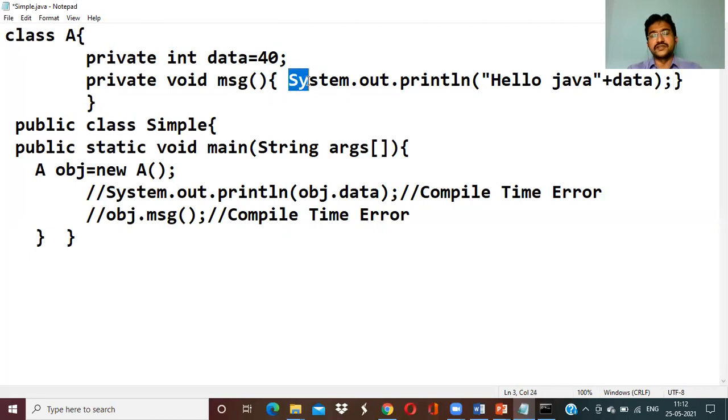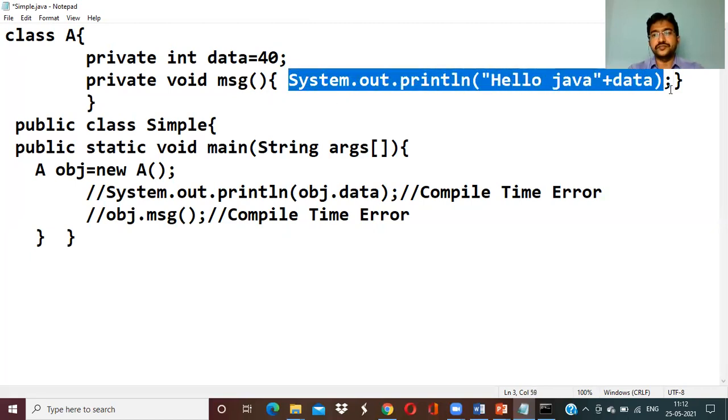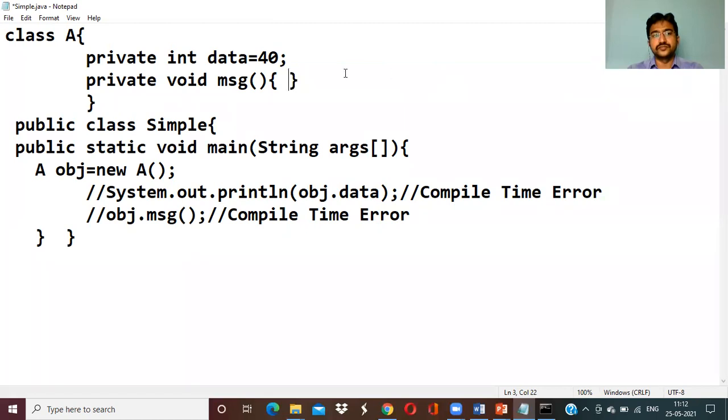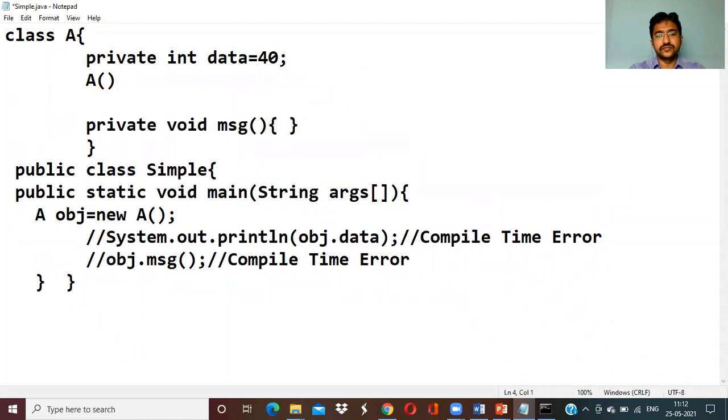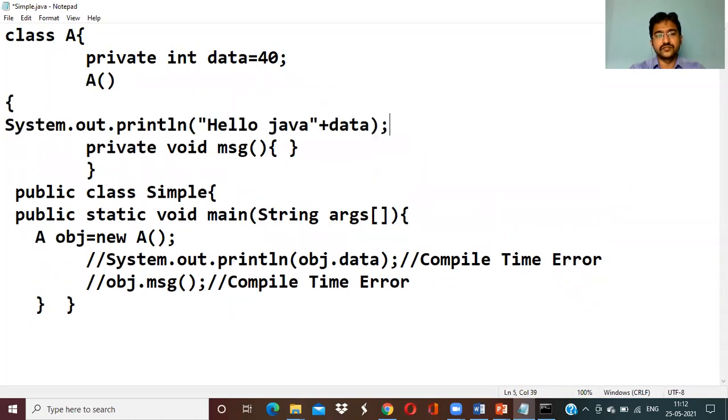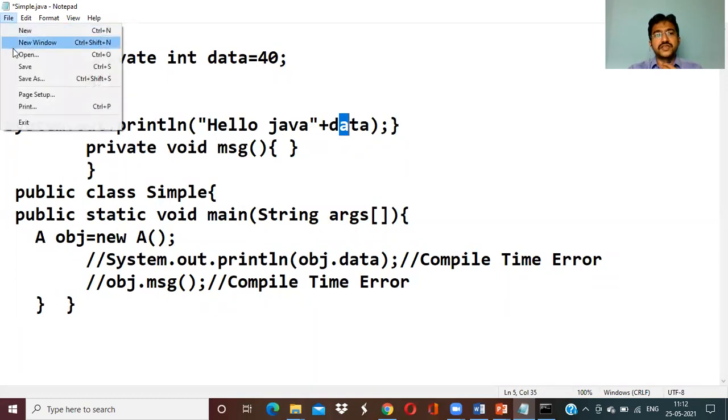So I'm just displaying it in a constructor. When I call the constructor, it displays "Hello Java". I'm just saving the program.